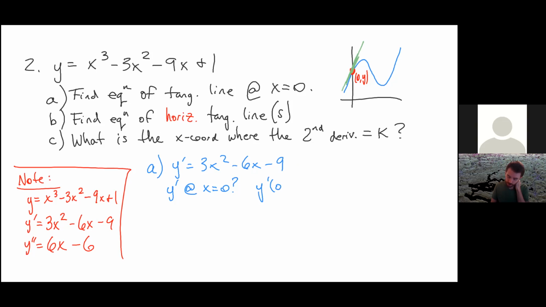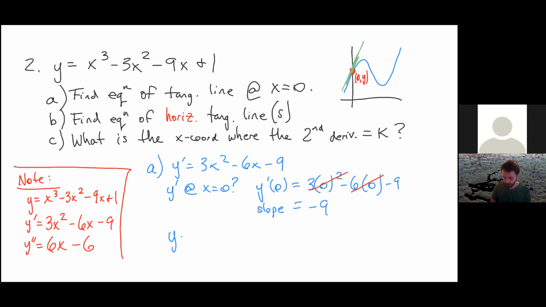Okay, so y prime at 0 is going to be 3 times 0 squared minus 6 times 0 minus 9. Okay, all these terms with 0 are just 0. So I just get minus 9 here. Okay, so that's my slope at the point I'm interested in. And so what is the equation? Well, the equation of the tangent line is just going to be,